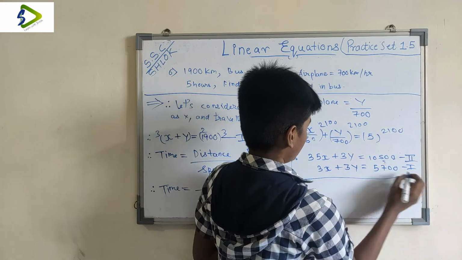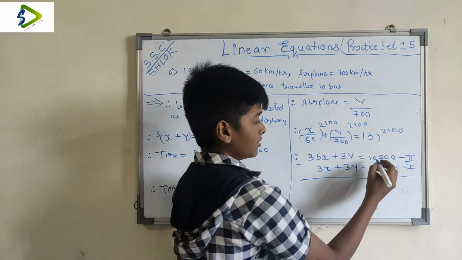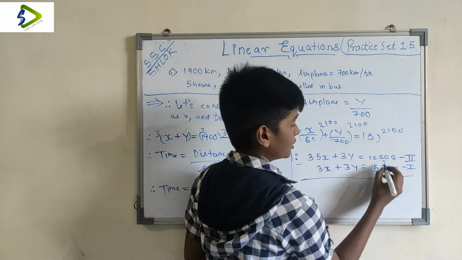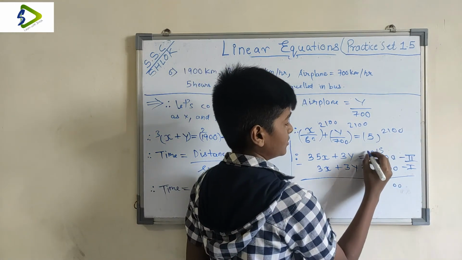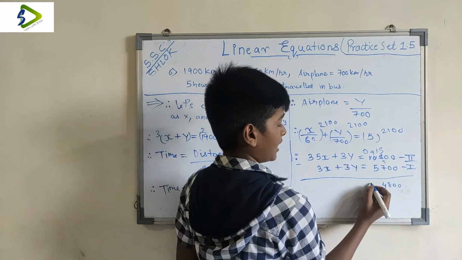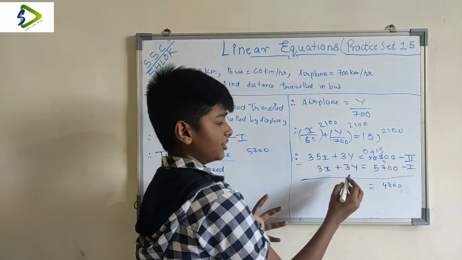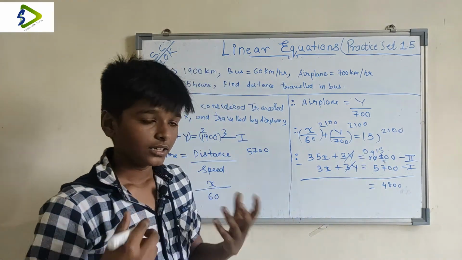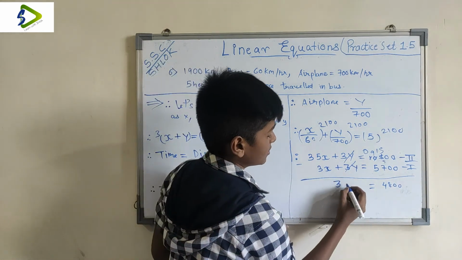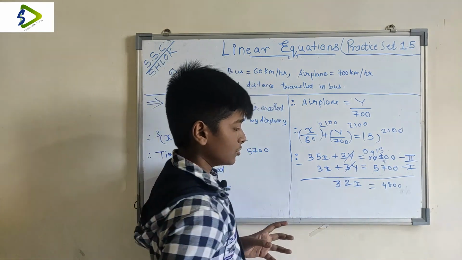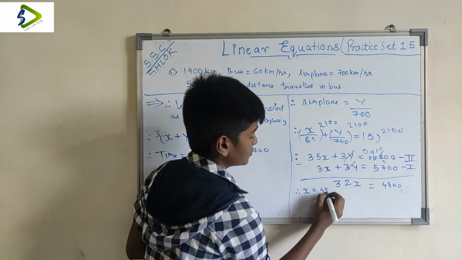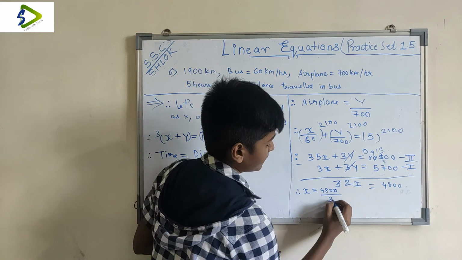Now let's subtract these both. Here 10,500 minus 5,700: 0 minus 0 over here. Here you can write 15, 9 and 0. So 15 minus 7 is 8 and 9 minus 5 is 4. So our answer becomes 4,800, and here this 3y and 3y you can cancel out. So what remains? 35x minus 3x, so it becomes 32x. So now here you can find the value of x is equal to 4,800 by 32.